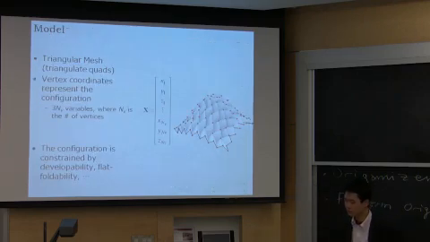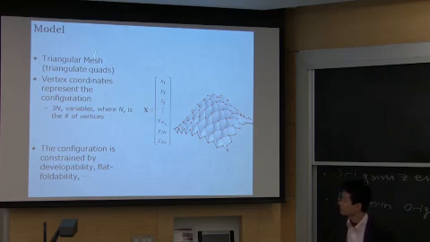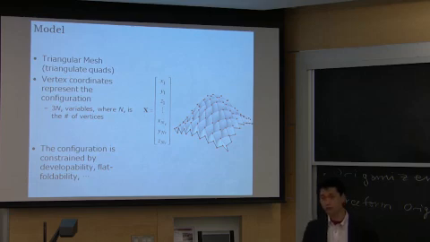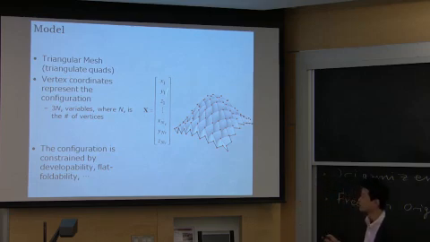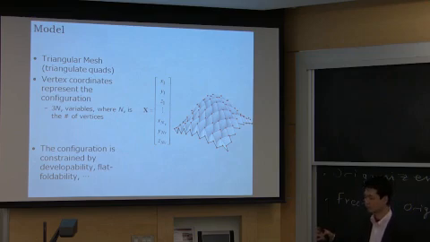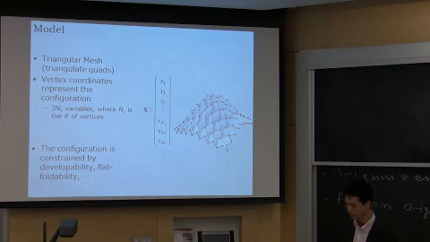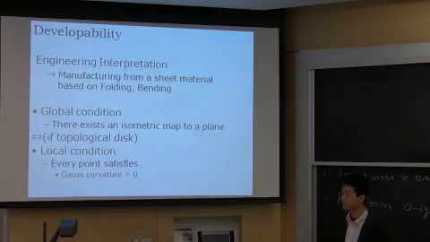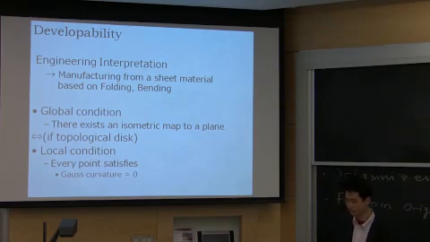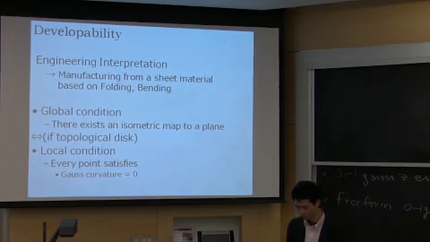Here, I use a triangular mesh for representing the origami model, and we represent the origami models by the vertex coordinates of the model. And these variables are constrained by developability and flat foldability. So this is a very direct way of implementing origami